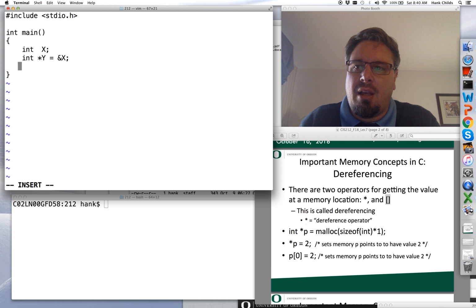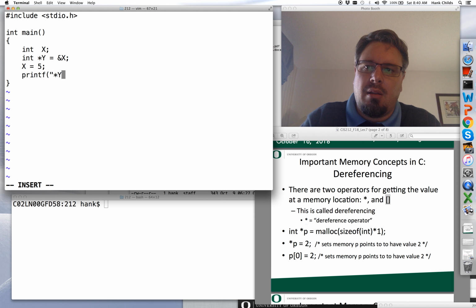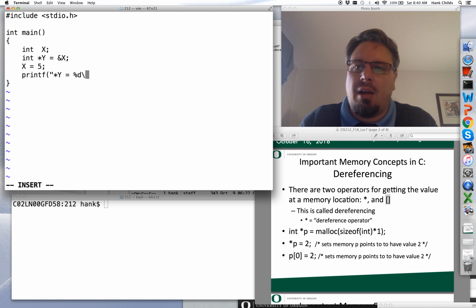So if we say x equals 5, and then we want to print the dereferenced value of y, what this will do is go to the address that y is pointing to, which is the location of x, and print its value. So if we run this program,